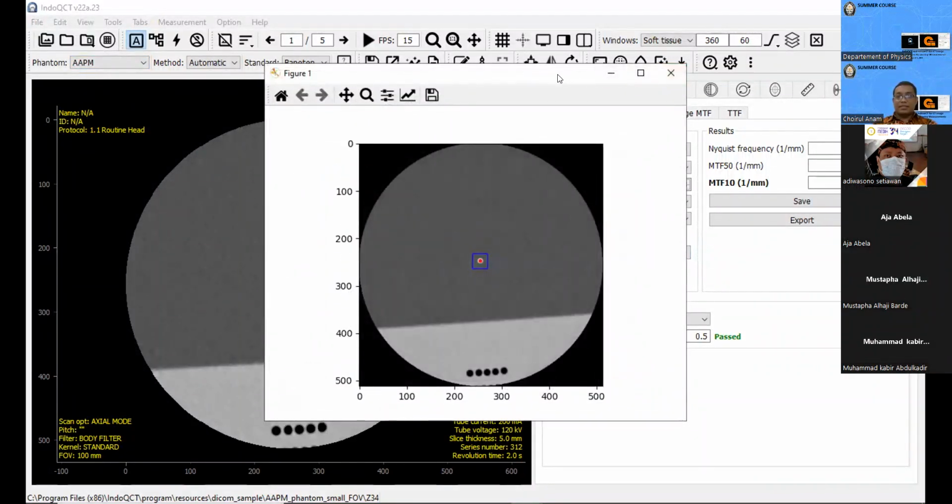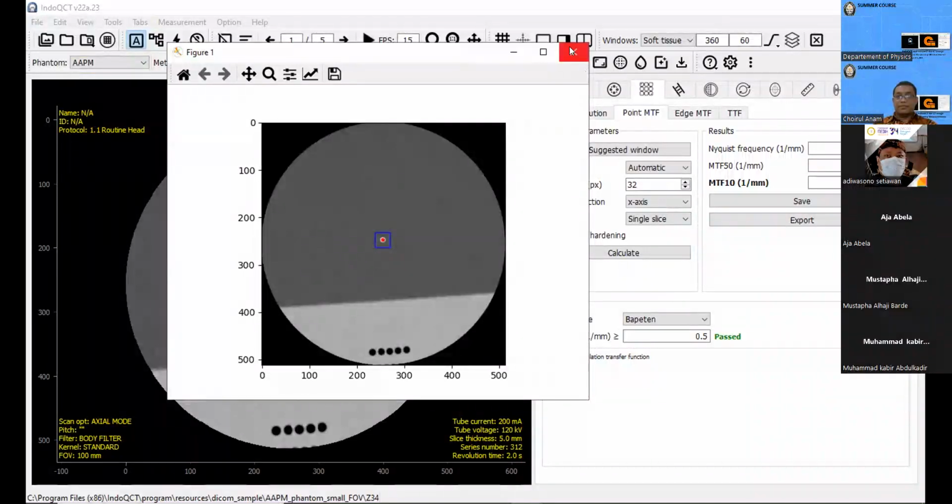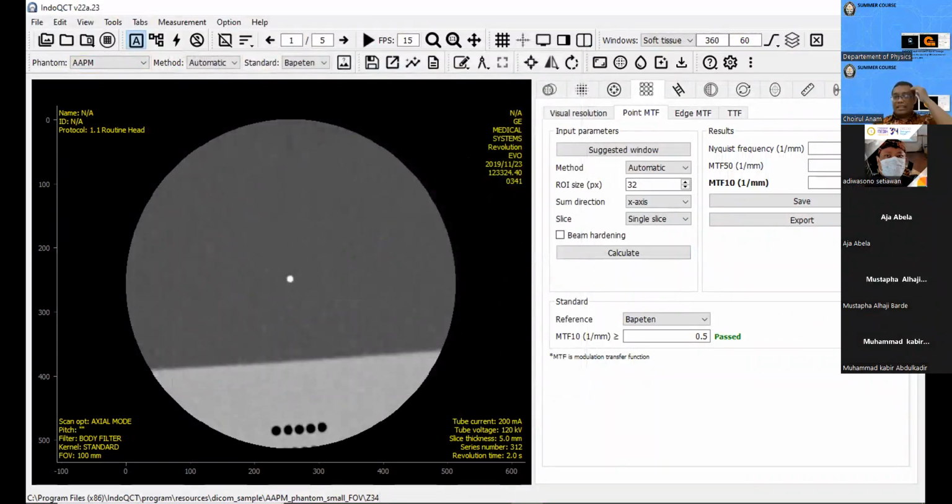This is our segmentation, and this is our result. The result is still 0.7. And we can see here that the Nyquist frequency is very high. Why? Because we use a very small field of view.